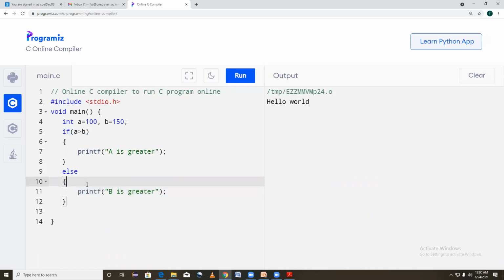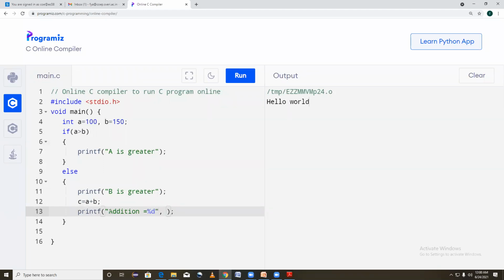For an example, let's say b is greater. Also, I will try to do addition here, a plus b. I will write simply addition is equal to a plus b.